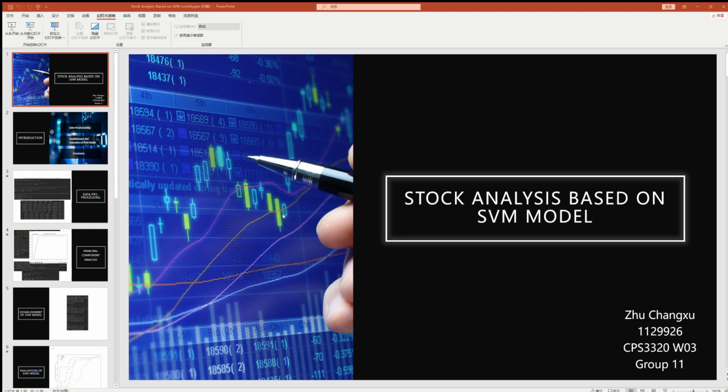The error between its predicted trend curve and the actual curve is equivalent to the smallest of the other three kernel functions. We can see from the picture, this is the true and predicted values of a linear SVM. This is the actual price trend. And next one, this is the true and predicted values of SSVM. And this is PSVM, and this is RSVM.